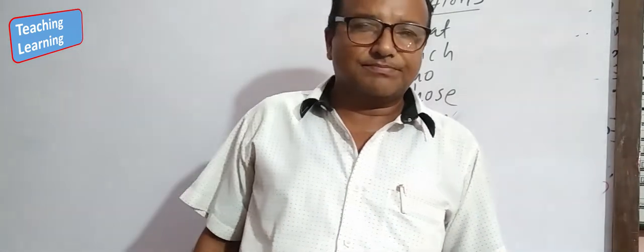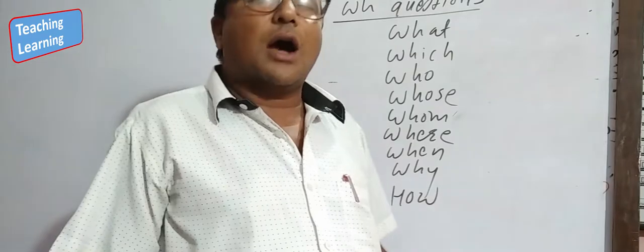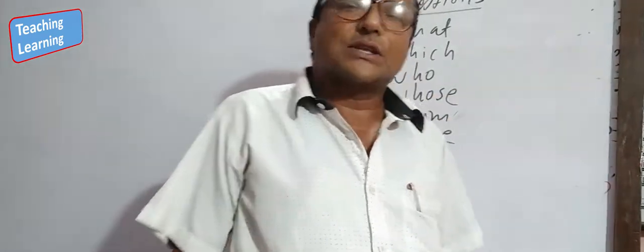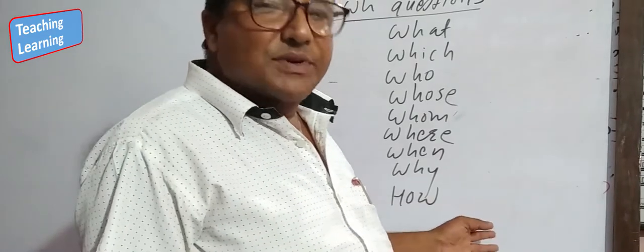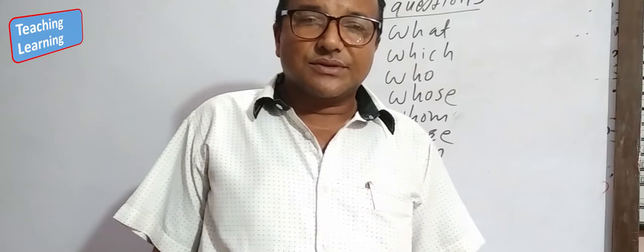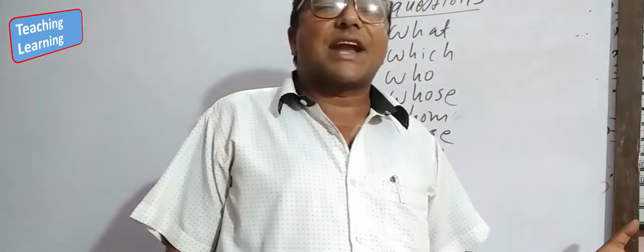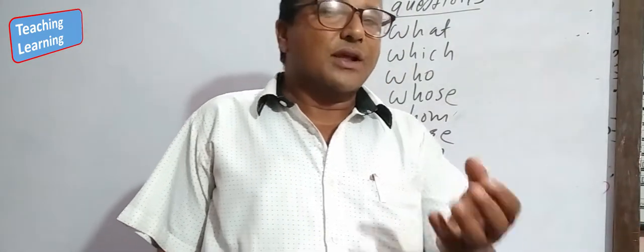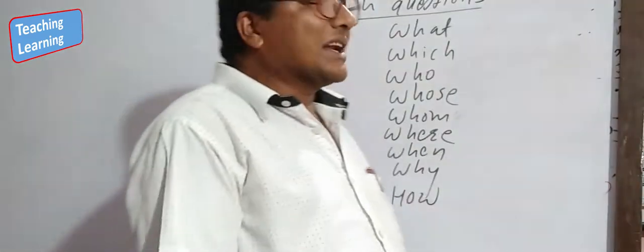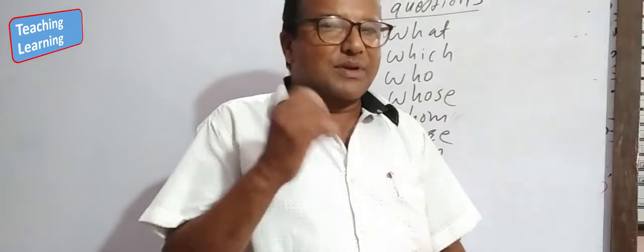How clean is your room? How tall are you? How old are you? How expensive is this plane? They are also WH questions. Then these words are used in the starting of the sentence to make WH questions. But how to make a WH question? What are the rules to make the WH question?